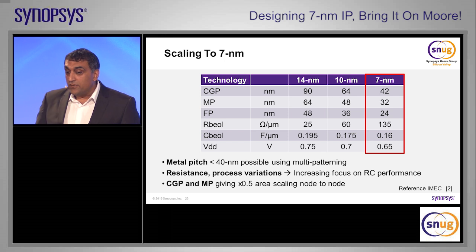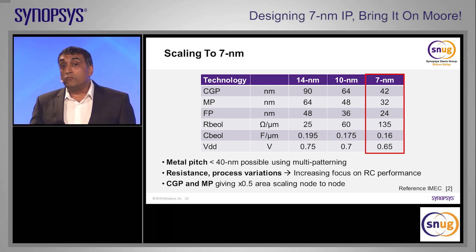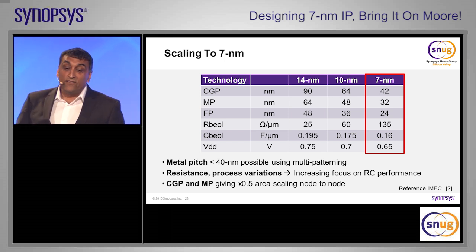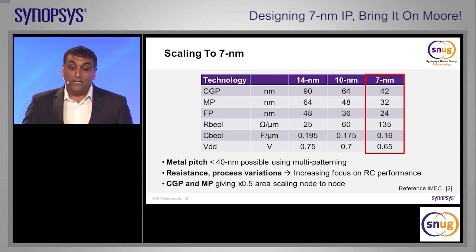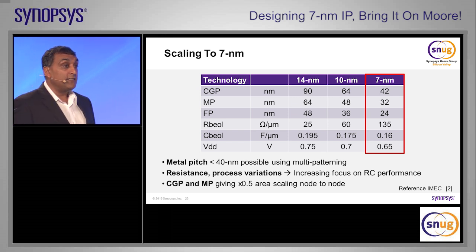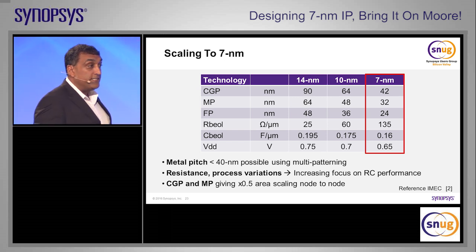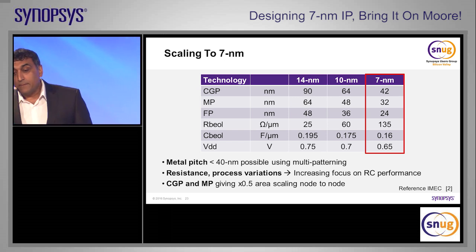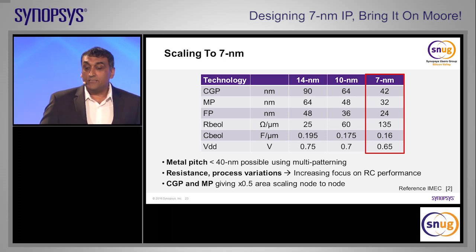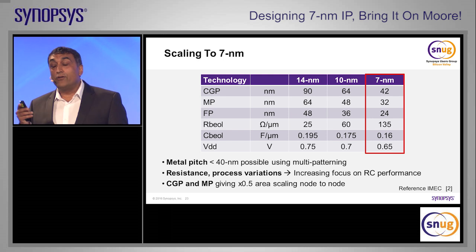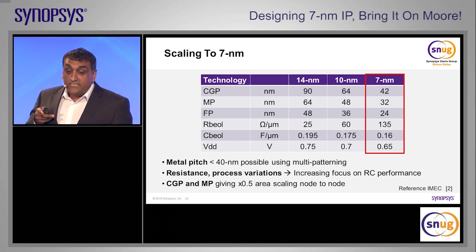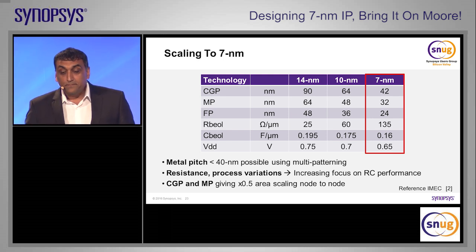If you look at these advanced nodes, it's possible to scale the metal pitch to less than 40 nanometers using multi-patterning, okay? So when I'm talking about 7 nanometers today, I'm still assuming standard 193 lithography techniques. Resistance and process variations, as I mentioned, really require attention to the RC performance. And finally,